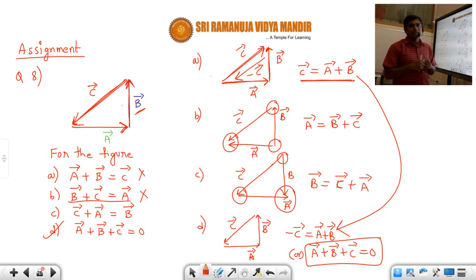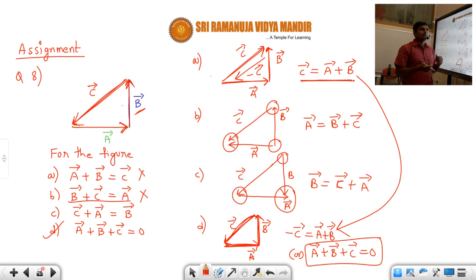triangle, or it can be rectangle, or square, or pentagon, or hexagon. If you close that shape in a particular order, just like here you see, students, A vector on the right side, then you join the tail of the B vector to the head, and then again you join the tail of C vector to this one, and then the head of the third vector to the tail of the first vector. So it is like a closed order, a closed cycle, students. It is like a cycle.